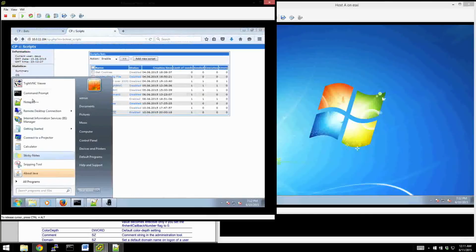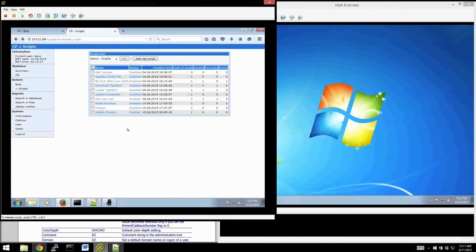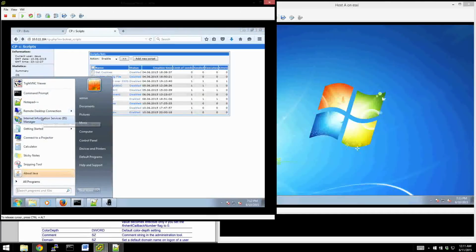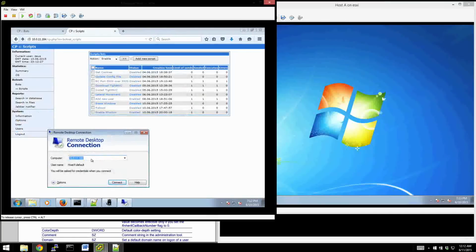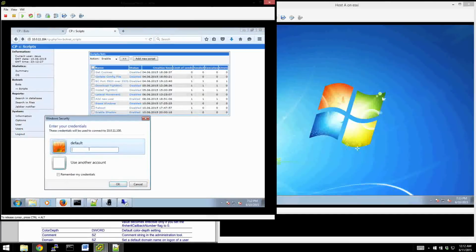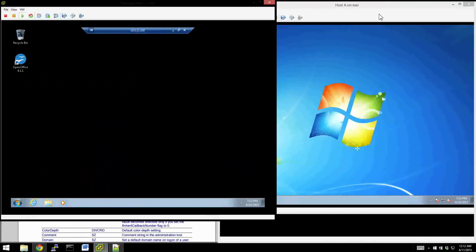So now we can remotely connect using remote desktop. Again, for the sake of this demo, we're just going to directly connect to host A. However, we could use the backcall server to port forward port 3389, which is associated with remote desktop, and remotely connect to the host that way. But for this demo, we'll just directly connect in. We'll use our newly created default user. And we see here that